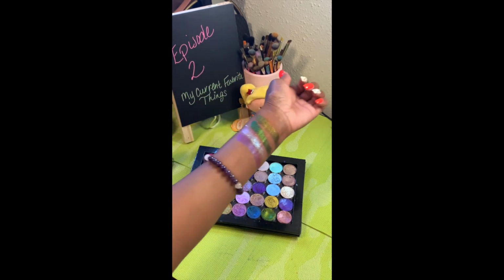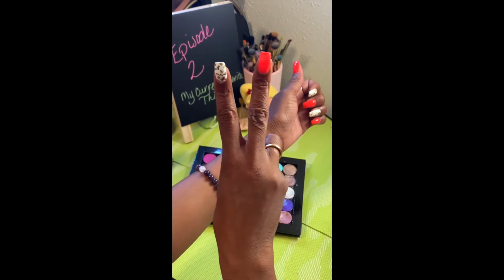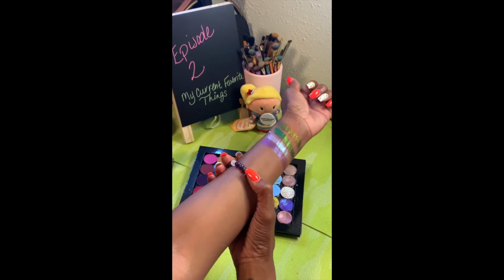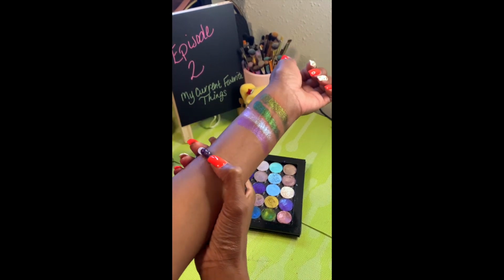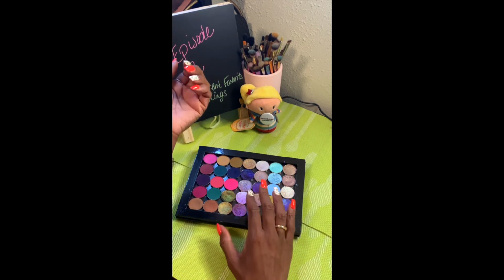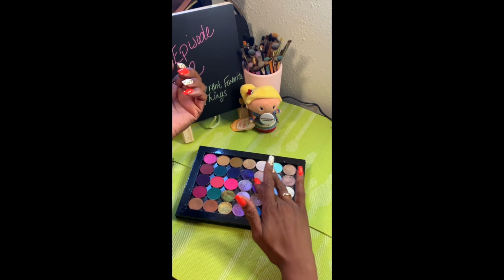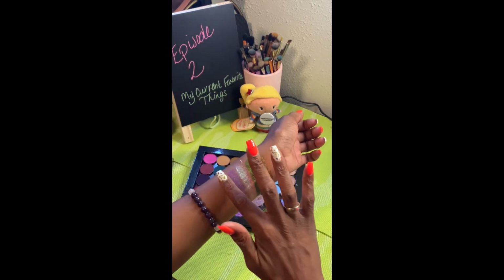They're $3 a shadow. Three. Not two, not five. Three. And look at that. I don't know if you're really going to be able to see the shift as much as I want you guys to, but they're stunning. Stunning. Let me give you a couple more. Do this one, ooh, and this one. I honestly don't remember